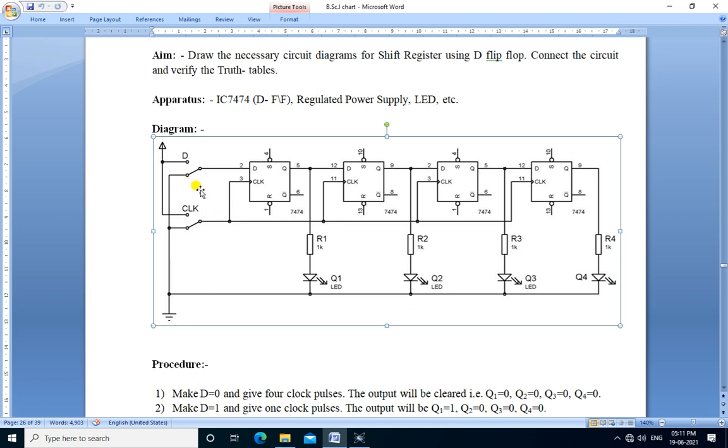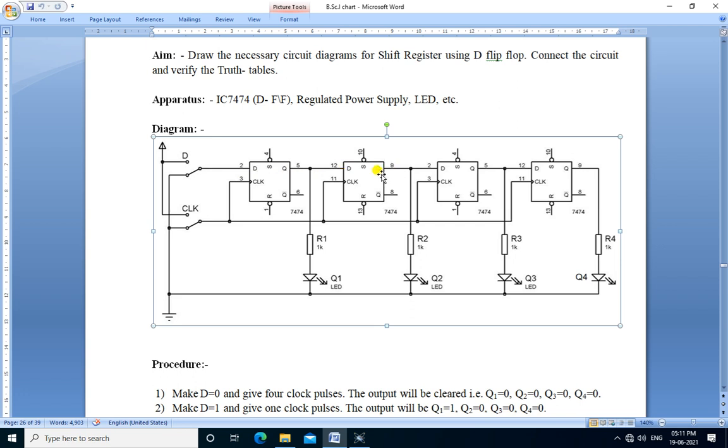The data to be shifted is given through this D switch to the first D flip-flop, input of first D flip-flop. The output of this flip-flop is connected to the input of next D flip-flop.